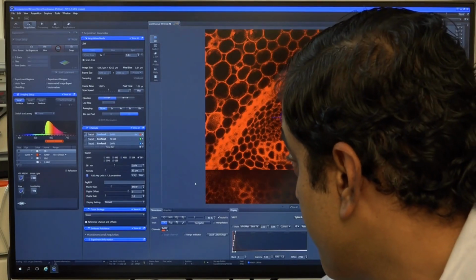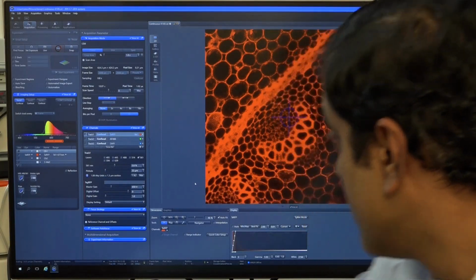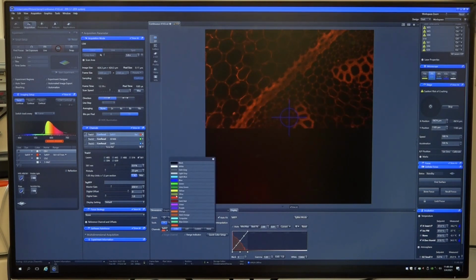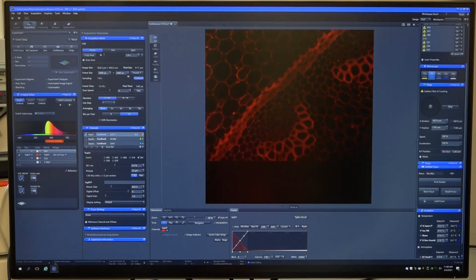Optimize. So this is the signal we are getting. What we'll do, we can change the color to red. So once we have done this for track 1,